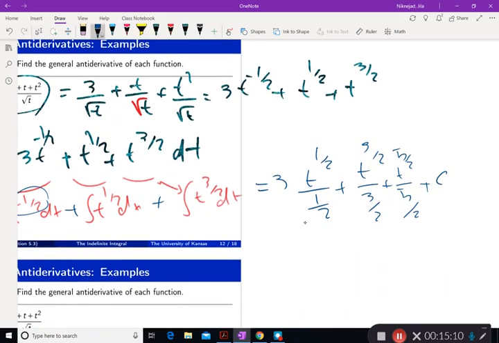So when I'm saying over 1/2, that means that I have to multiply by the reciprocal. So I get 6t to power 1/2. Here by reciprocal, I get 3t to power 3/2 times 2 divided by 3. And then for this one, 2t to power 5/2